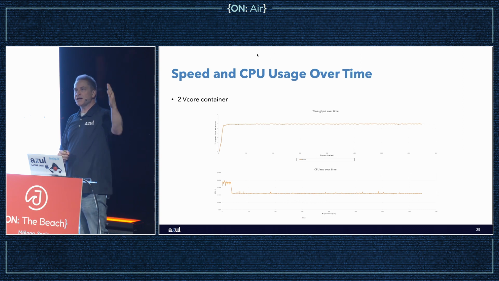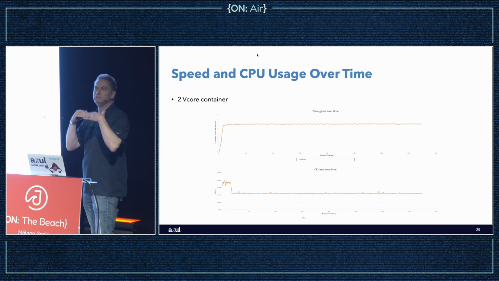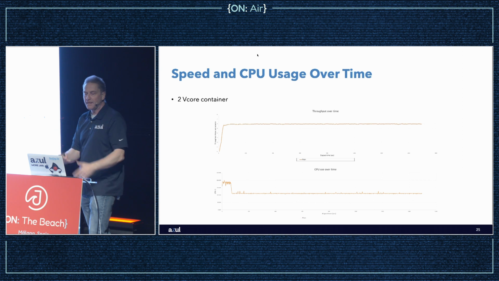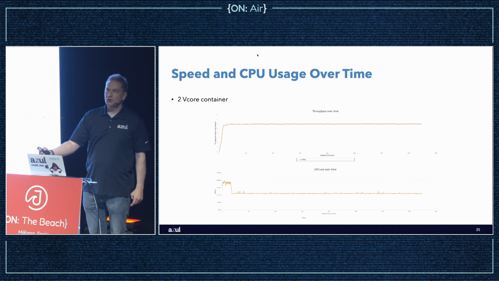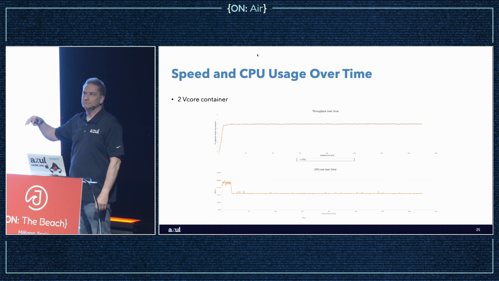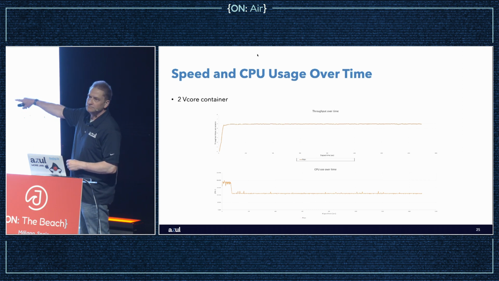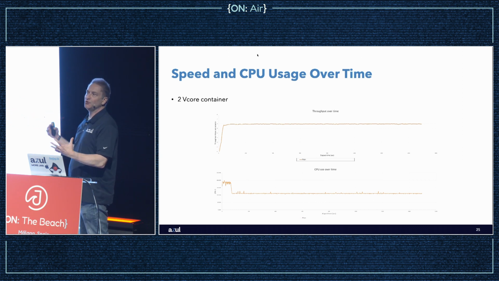In this case, it's getting to its optimal level of performance really quite quickly, and then a nice stable level of performance. The bottom line represents the CPU utilization. And during the first part, what we're seeing is compilation. That's compiling all the code that we need to do the work. And so we get very high CPU utilization,